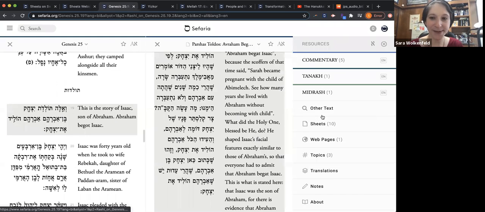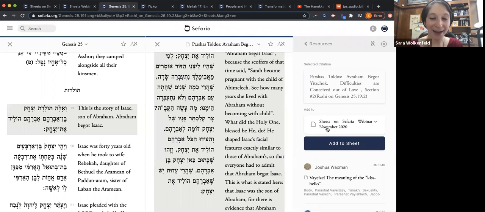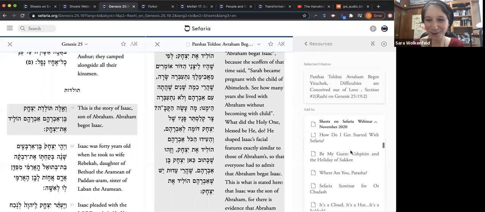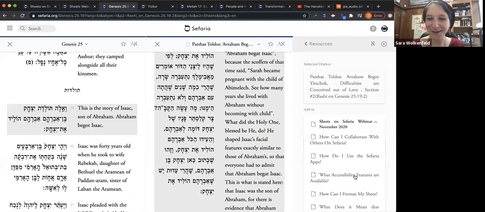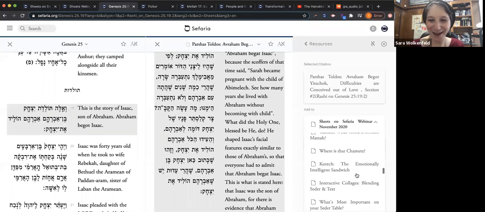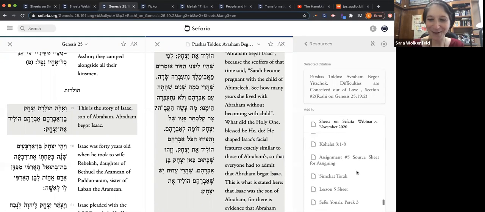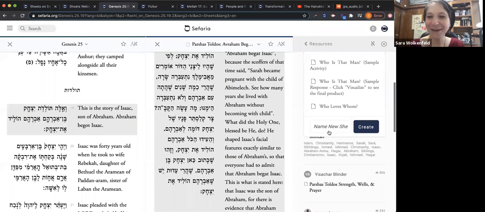Just click on the source, you'll see the sidebar. And again, click on sheets and you can add it to any source sheet that you have, or use the drop-down menu and you'll eventually, when you scroll through all your source sheets, even have the option of being able to create a new source sheet if you want to, that has that source on it. Okay. In full disclosure, this is Sefaria's corporate education account. And so to the extent that we have corporate anything, that's why we have so many source sheets, it's not just me, but you can also name a new sheet here and actually create from this sidebar experience.